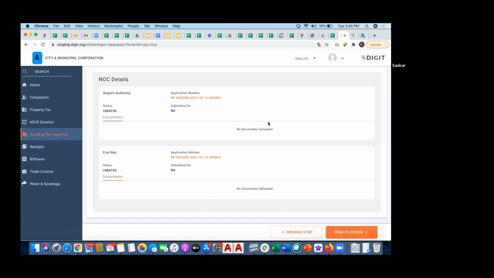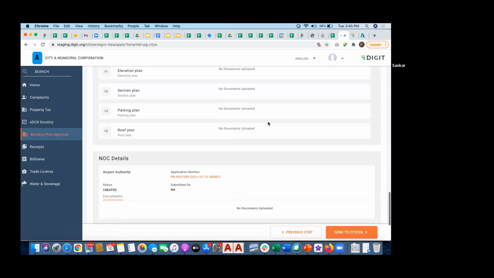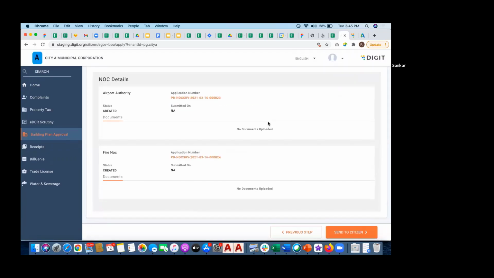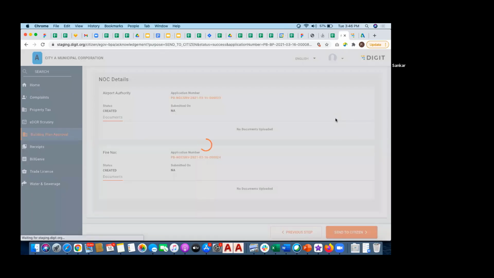So we entered the owner info, remember, in the previous step. So with that owner info, there is a citizen profile created in the system, and the citizen would now be notified on his mobile number saying that the architect has created an application with you as the owner, and you are getting notified because of this reason for this particular application reference ID, and you'll have a user ID and password there. So using that user ID and password notified on his mobile number, you can log into the system and then process this application. That's how it works. You can definitely test it tomorrow when you're doing it. Just sending it to the citizen.